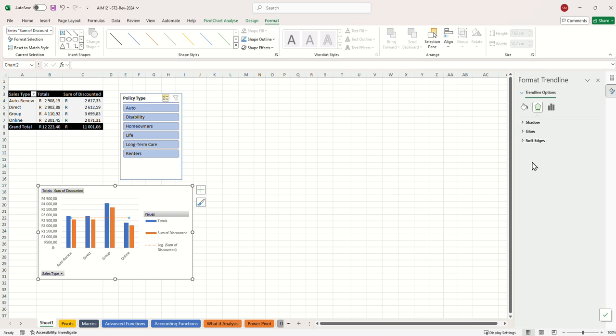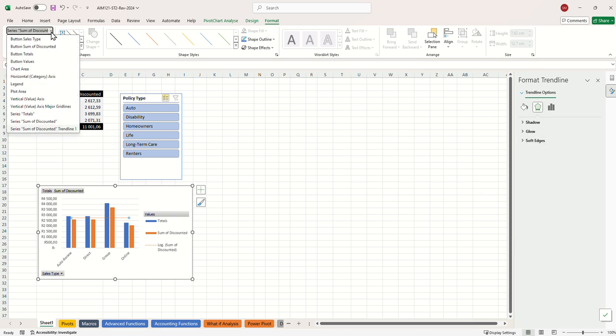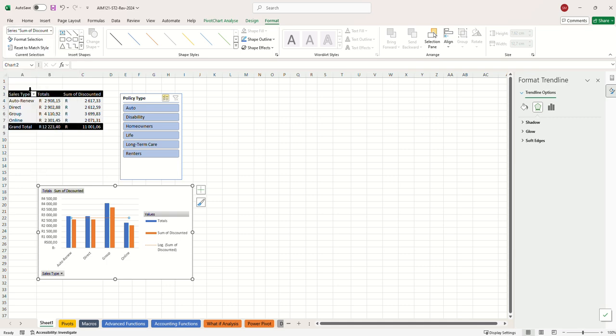And you can do this for any sort of element in the chart. It can be the title, it can be the bars, it can be the axes, and it can be the legend that you can work on using the format pane that comes up here. All you have to do is select what you want to format from this drop down, and then click on format selection, and you'll get this pane over there. Okay, so